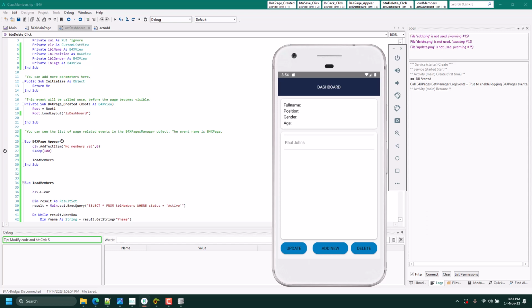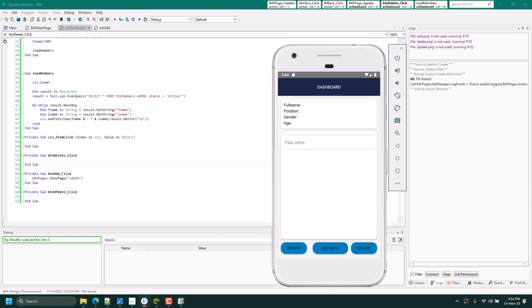Right. Good. Now when you click here, nothing happens, but you are supposed to load Paul's details into this card. So let's prepare that as well. Custom view item click, right. So let's get the value, which is the ID we are returning. So it means we have to use that ID to pull the information of this person from the database. Let's do that.